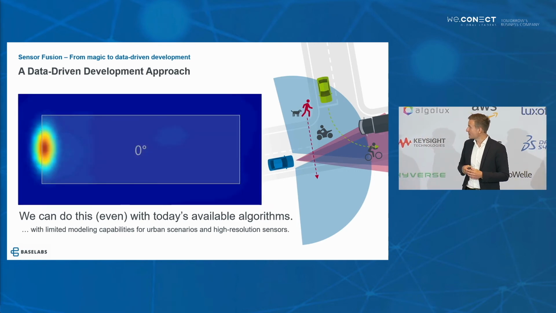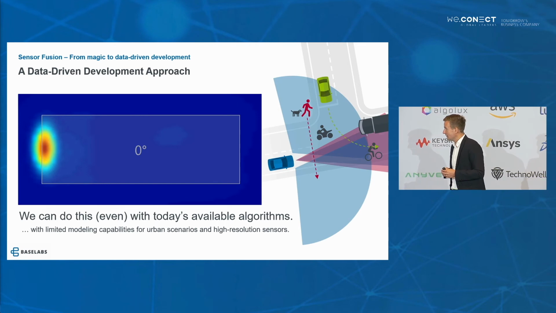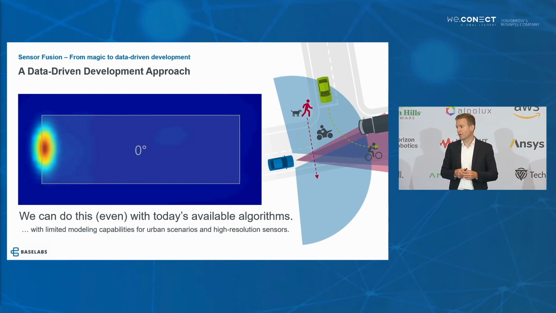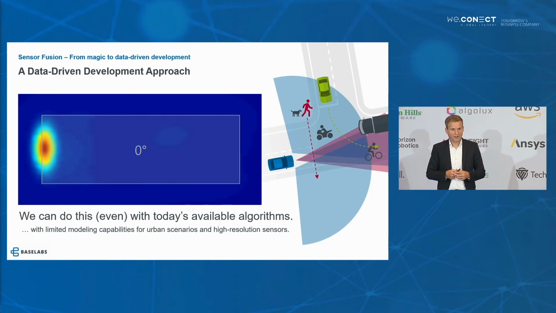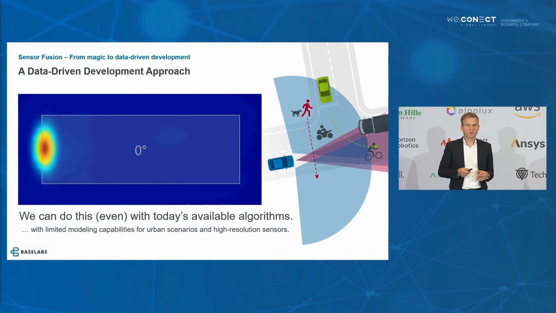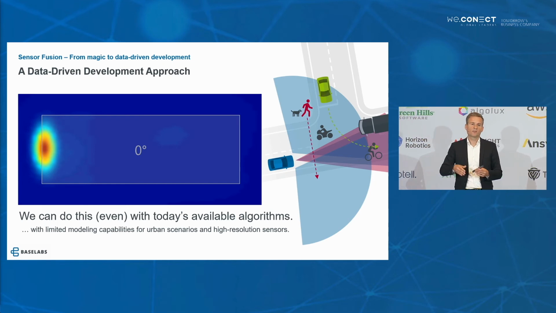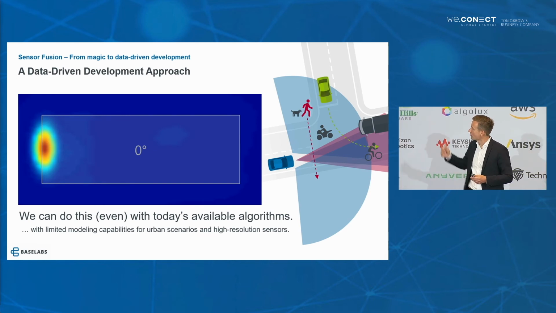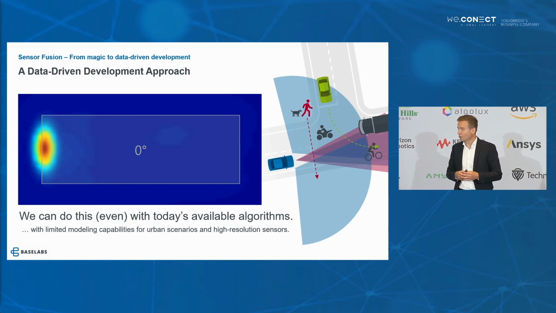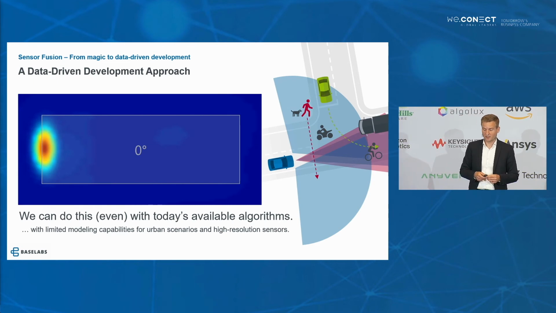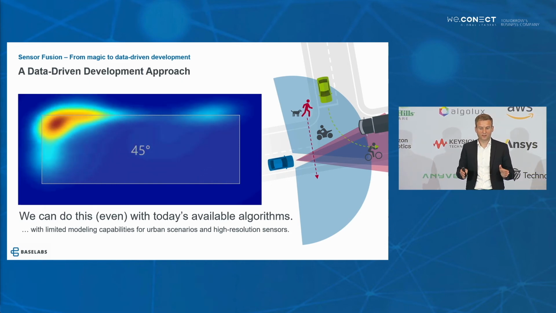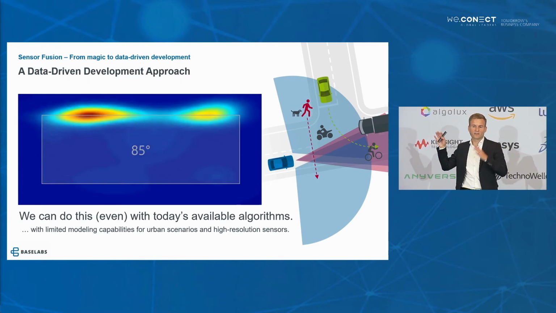What we can see here is a typical sensor model for an ADAS that we have in the market. Let's say it's a simple ACC or AEB working on a highway. For those systems, we typically model a radar sensor like this. So we assume that all the radar measurements come from the rear side of the vehicle, and then we have a Gaussian distribution in the center of the rear side, and we can model it like that, and that's fine. What we see for urban scenarios and high-resolution sensors is things like that.